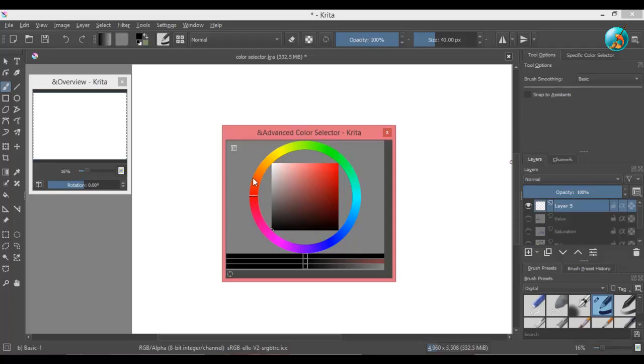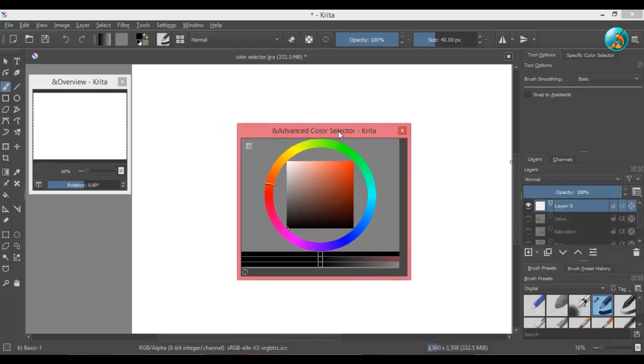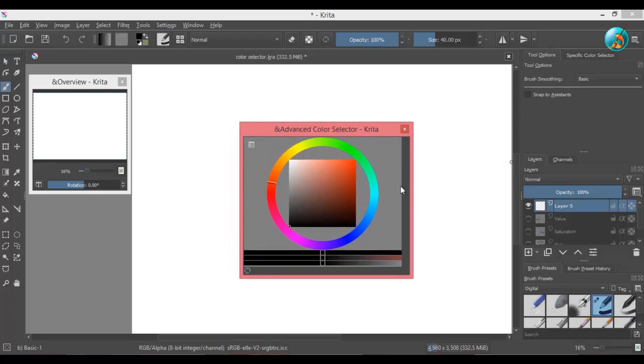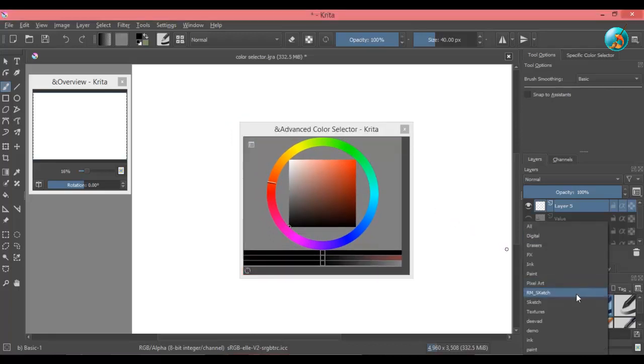If you move this slider around, you will be changing the hue only. If you turn your attention to the square in the middle, you will see that whatever hue you have selected is present here, but it is not uniform. This is due to the presence of different saturations and values.